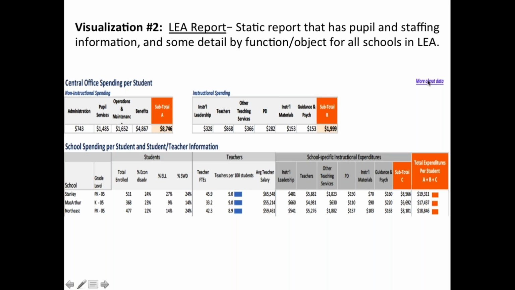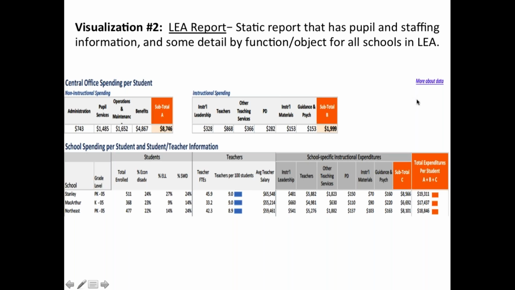Katie, do you want to try talking? We'll see if the echo goes and you can describe what's there when it says more about data. Sure, that's a great question. So this is actually a PDF that we received, so I don't know what that would go to. My hypothesis would be that it would go to a description of what is included in these calculations and an explanation about the methods. But this was something that we received from a state that is not released yet to the public, so I don't know what that says yet. Yeah, it might also include the year of the data and things like that, but we'll assume you have to go somewhere else.